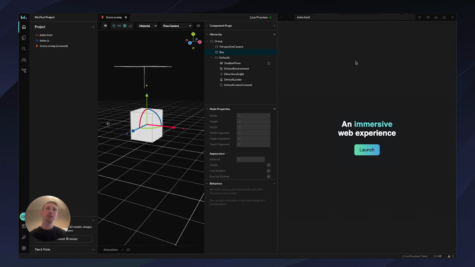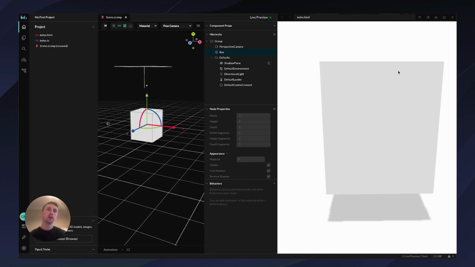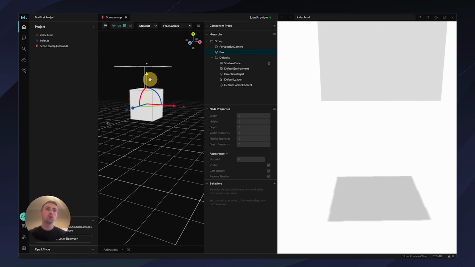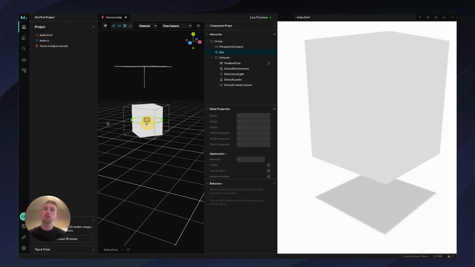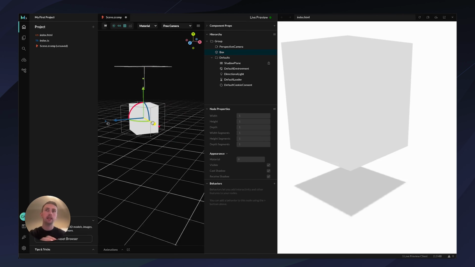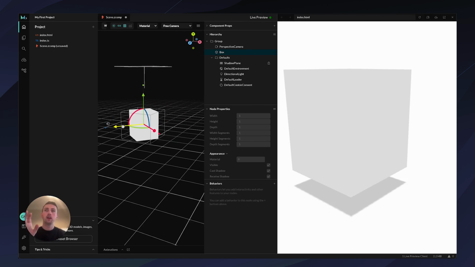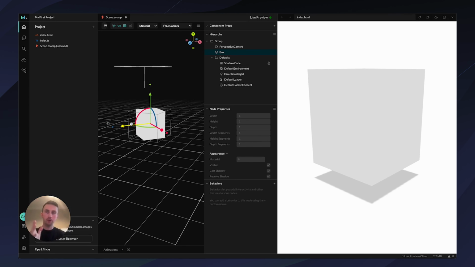So on the right hand side, we have the live preview open, and if we click launch, this is a live version of our project. And what I mean by live is any changes that I make in my viewport on the left hand side will also occur in my live preview, which is really nice if you're trying to position something specifically or make changes. Your live preview will automatically update, which is an awesome feature. This will also pull through onto mobile devices or headsets that you're scanning and the live preview on. So a really nice developer friendly feature when you're creating your projects in Mattercraft.